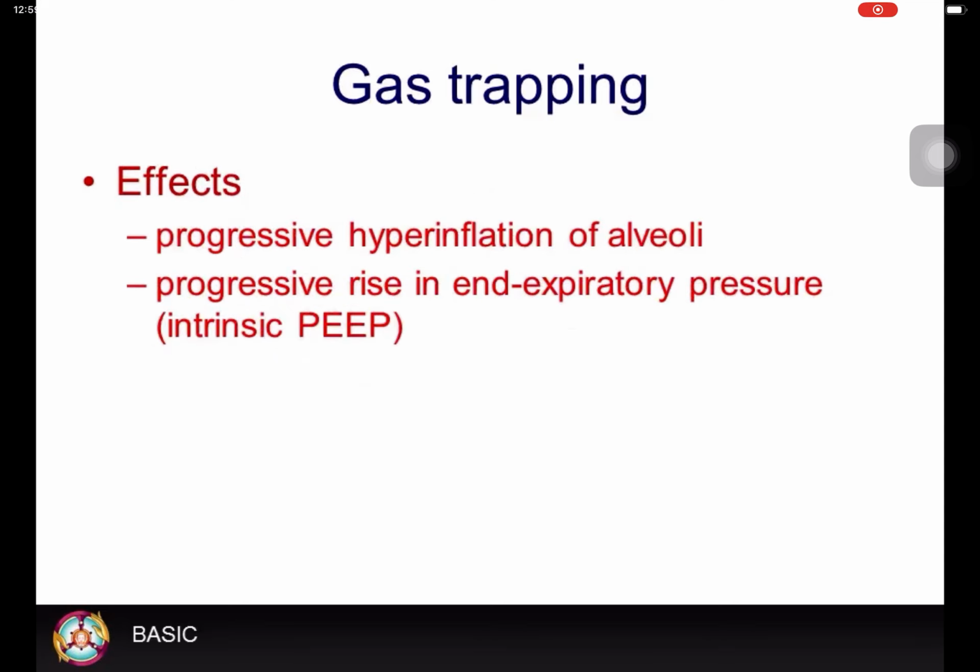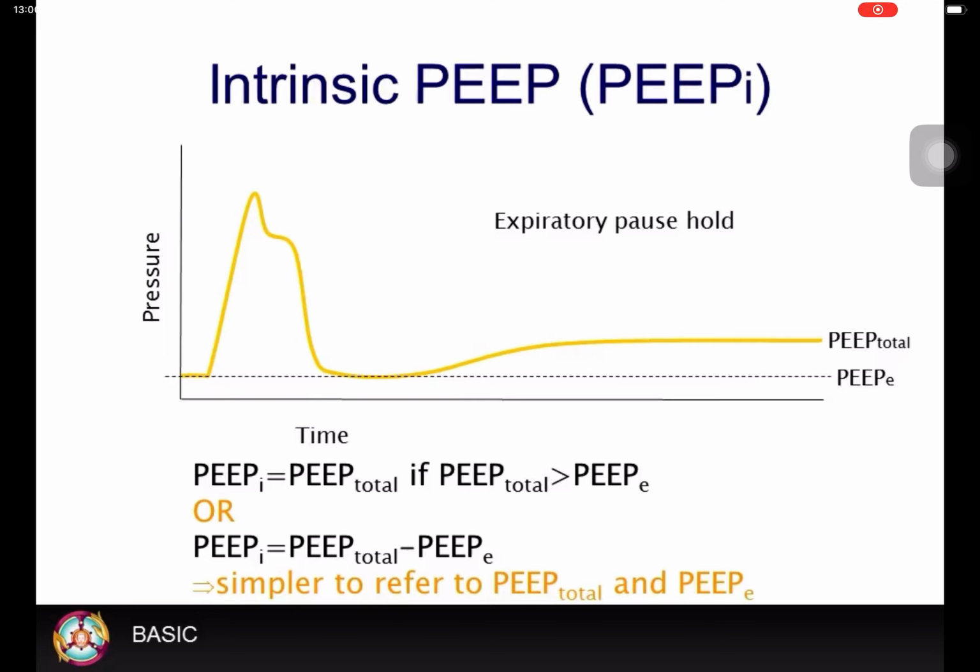Gas trapping results in progressive hyperinflation of alveoli and a progressive rise in end expiratory pressure. As this increase in PEEP is not due to an increase in set PEEP, it is known as intrinsic PEEP. By measuring total PEEP, it's possible to measure the degree of gas trapping. Intrinsic PEEP is variably defined as total PEEP, or as the difference between total PEEP and extrinsic PEEP. It's probably simpler to refer to total PEEP,